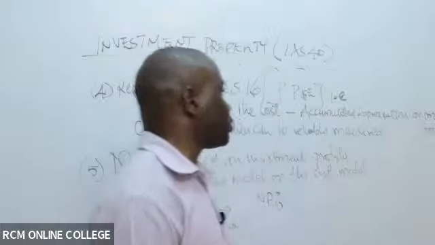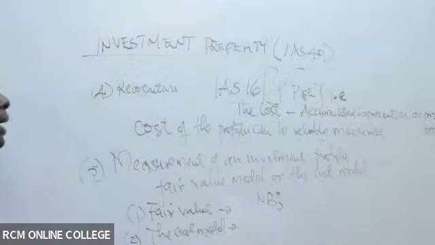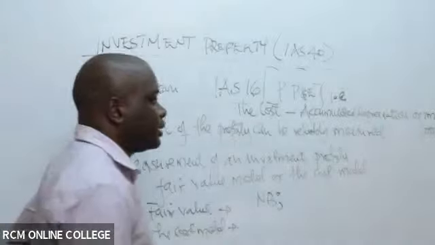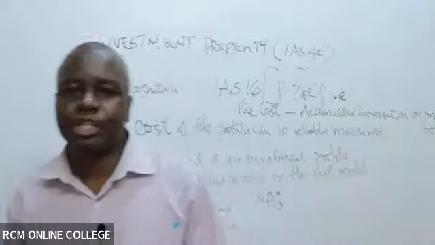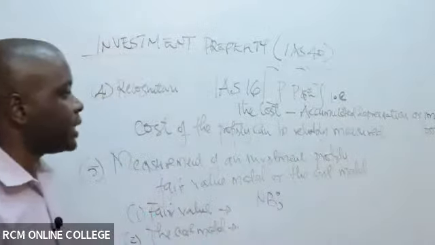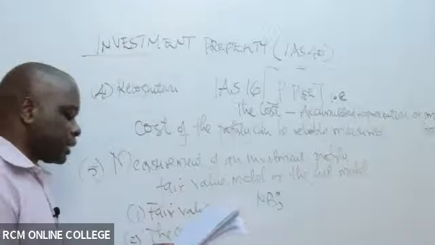So that is basically what will likely end up having to happen regarding the investment property. If you sell the investment property, then you no longer recognize it in your books of accounts. So it won't appear in your balance sheet. And of course, if there's any gain when you dispose, then you'll be able to recognize